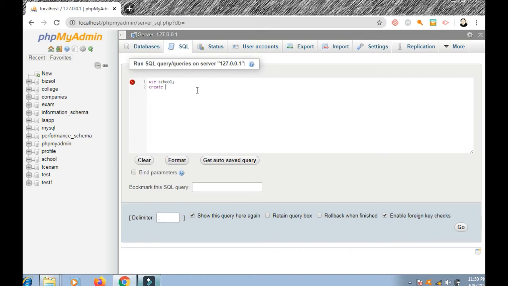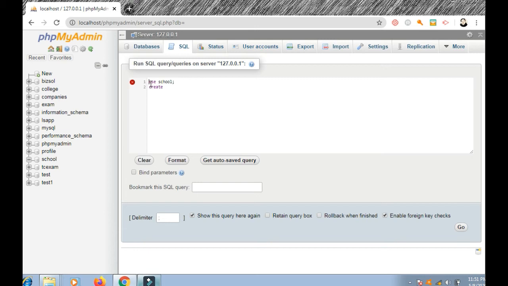This is the second table, and we create the third table. We will write use school database name, and we create the third table, teacher.